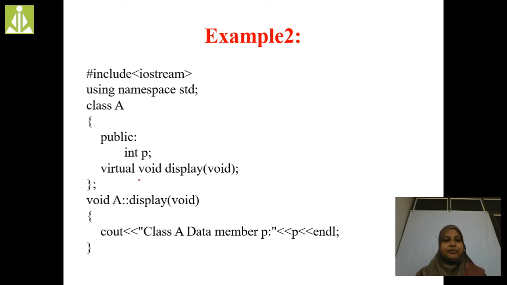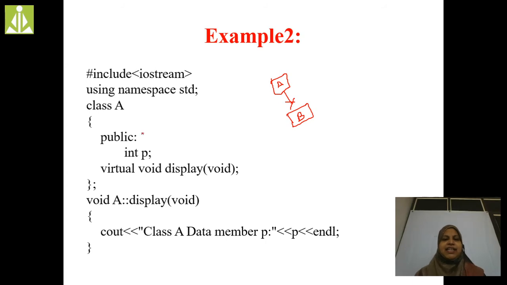See here, class A is there. Here also I am performing inheritance. Whenever we perform polymorphism, it should be in inheritance form. See here, A class is there, B class is there. Here A is the base class.